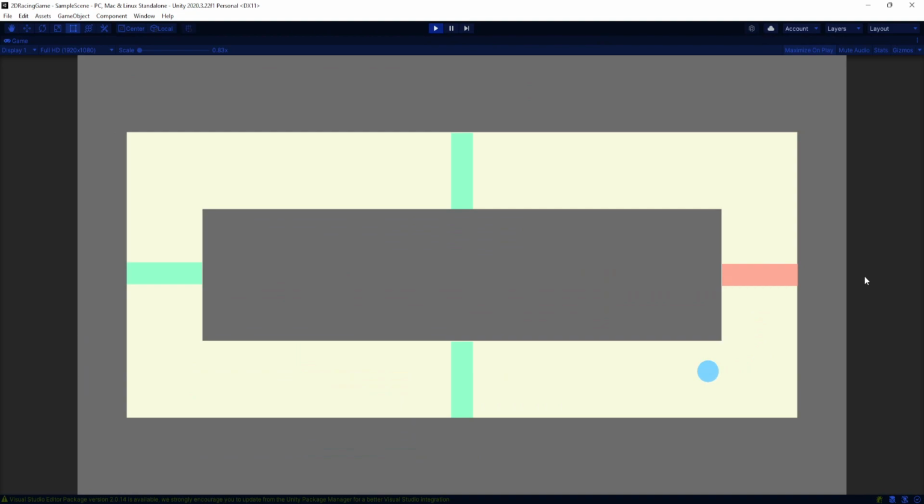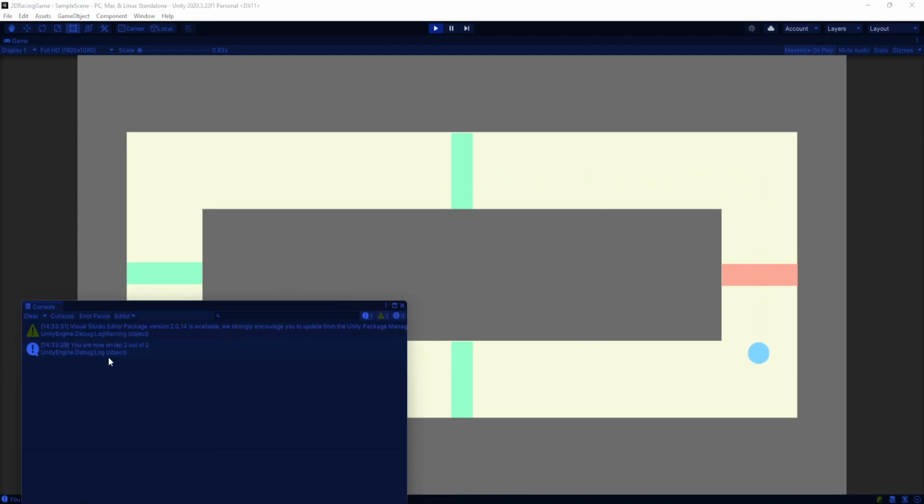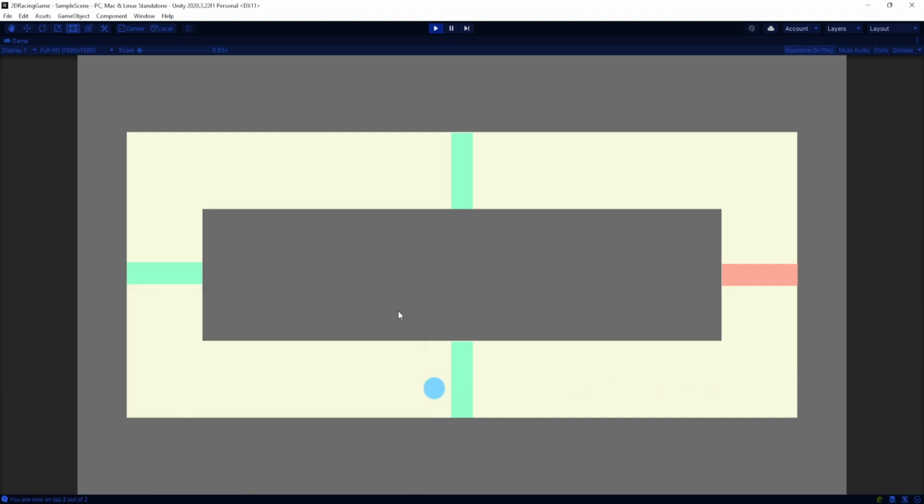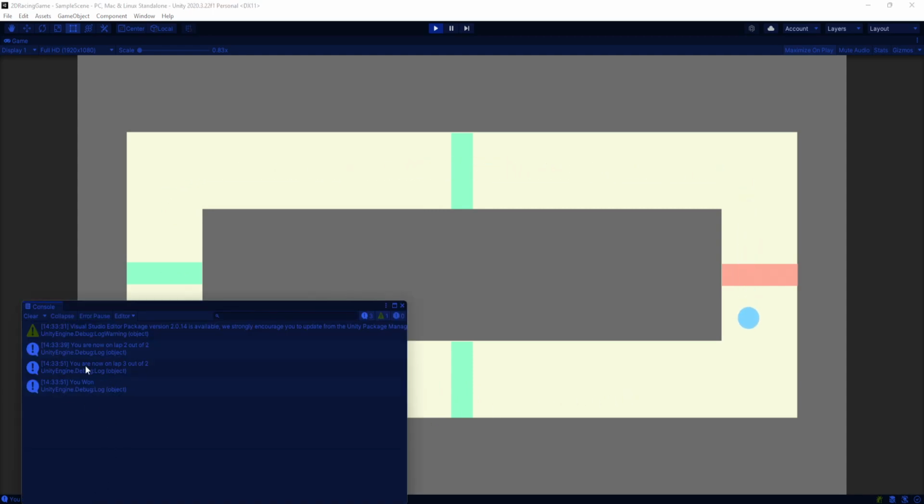So at this point, when we actually go to play, we can race through our track here, which is very exciting. I should have made my move speed faster. And when we get to the end of our first lap, we can see our console is now saying you are on lap 2 of 2. So this should be the final lap. And as we go through it again, then it should tell us that, hey, you're on lap 3 of 2,